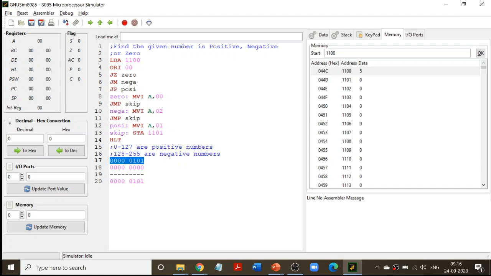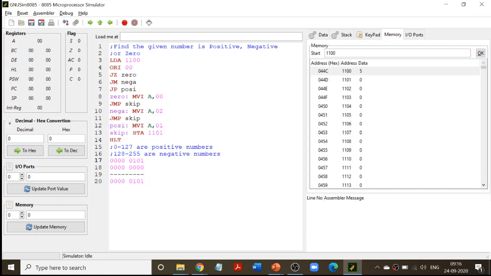This was the contents of your accumulator. This was the OR operation you did, ORI 00. So 00 is ORed with the contents of the accumulator, and the result is stored in the accumulator. You see that the result stored in the accumulator is the same as the accumulator value. So the understanding is that when I do an OR operation of 0 with any number, the result is going to be the same number. The number will not change. I want to do an operation, but I don't want that operation to change my input value. I want the same input value to be retained.